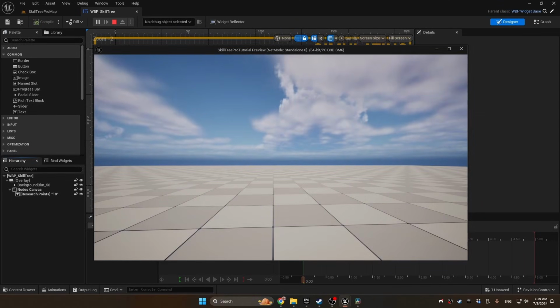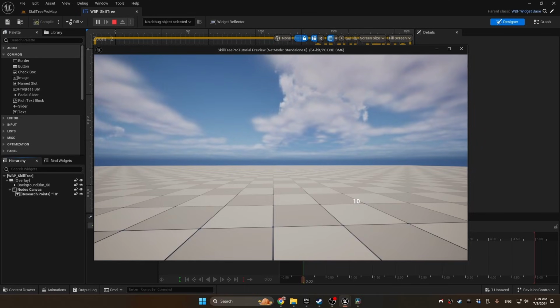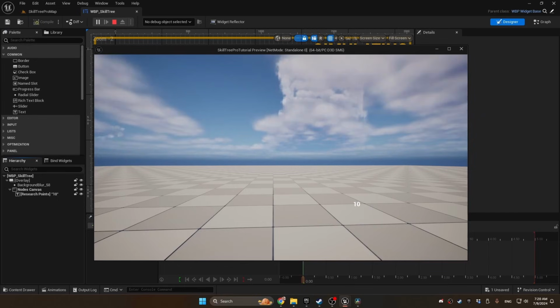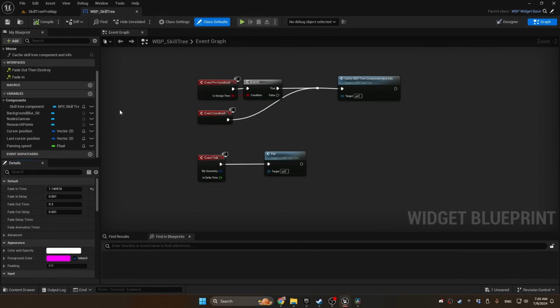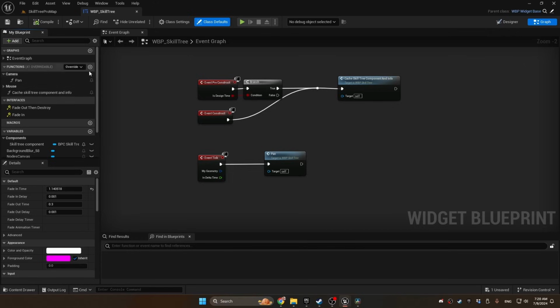And the research points isn't even on the screen until we start dragging our mouse up and to the left, and then we can see it start to come on the screen, so it's not even centered. And then when we do drag it, it gets stuck here. So to fix the first issue, we'll come back over to the graph, and we'll create a new function,